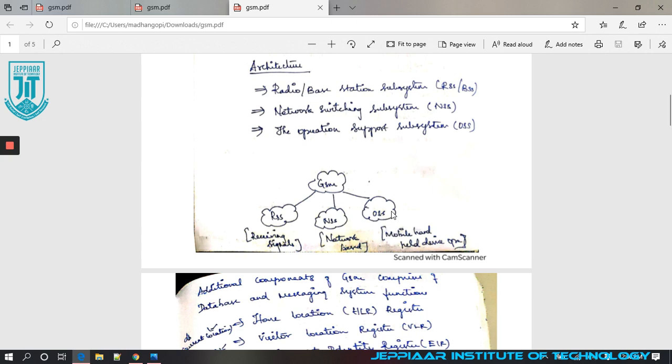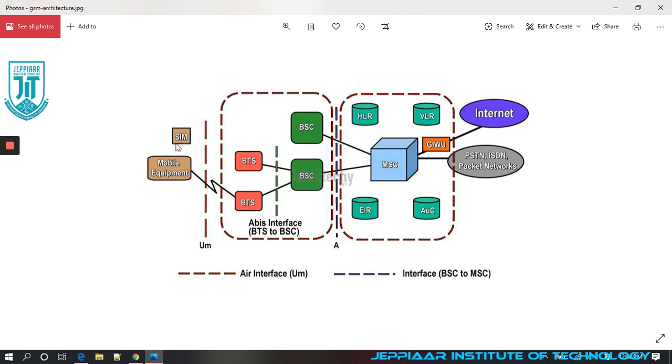If you look into this architecture diagram, you could see the mobile equipment, that is the handheld devices, where your SIM will be inserted. That will be in connection with the base station. The base station is going to hold two main things.